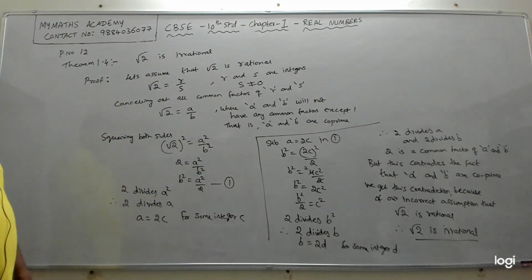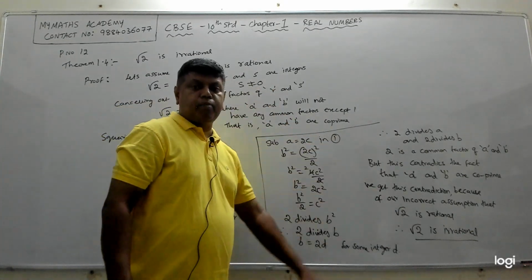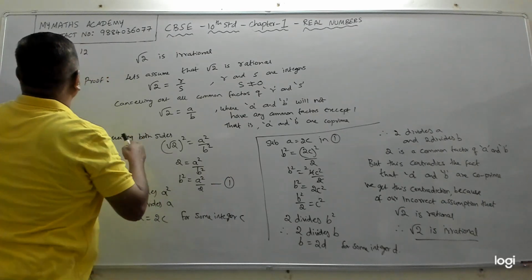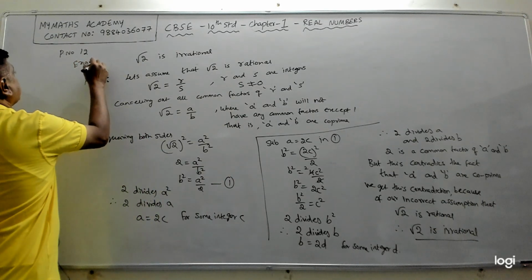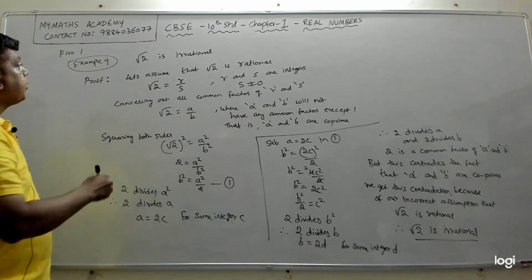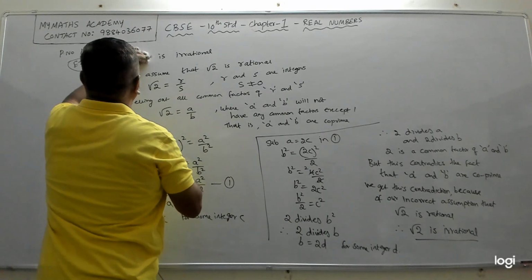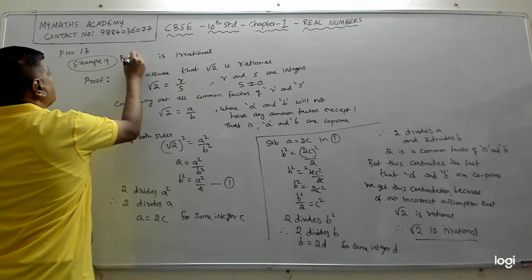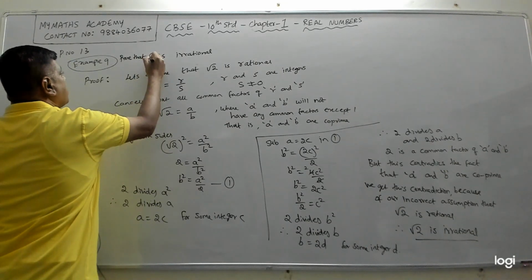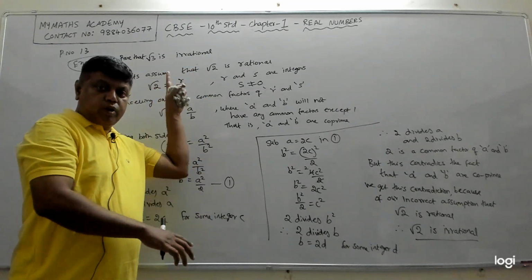Fine. So copy this. Now we will do the next one, example 9. Right? I'm going to do the same thing for example 9 with little changes. Fine. So example 9. Next one, example 9 on your page number 13. So what does it say? It says prove that root 3 is irrational. We have to prove that the square root of 3 is irrational. The same way we did for root 2, we are going to do for root 3.